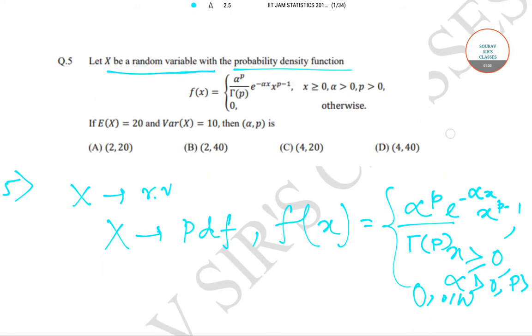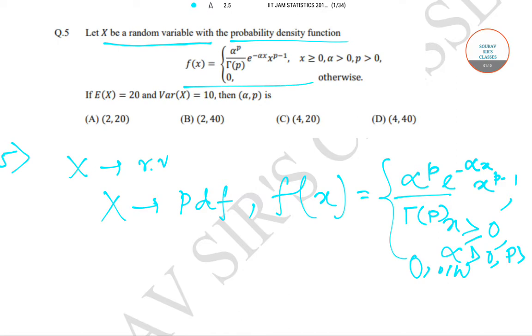So from this we can conclude that x, the random variable, follows a gamma distribution with parameters